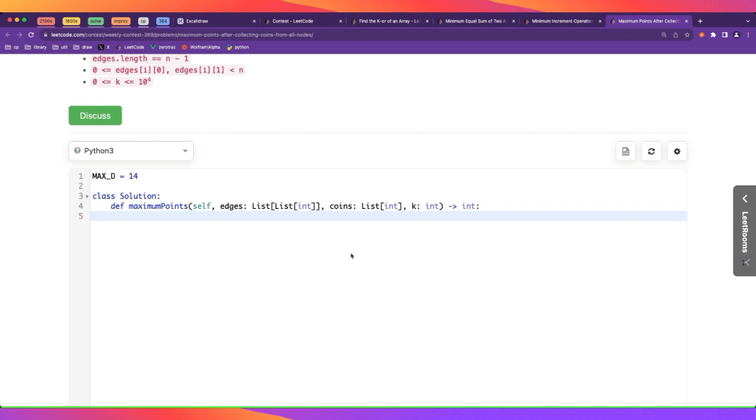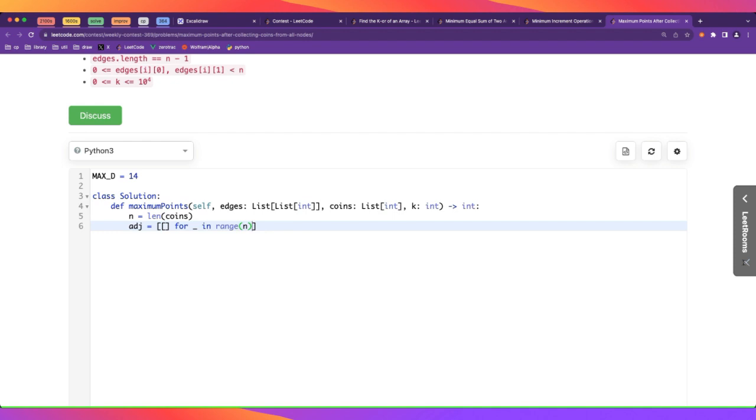in order to traverse the tree recursively, to do the memoize function, we have to translate the edges into an adjacency list, where n is the number of nodes. So this is very standard code. We go over all the edges, and since this is undirected, we just add the edge from U to B and from B to U,